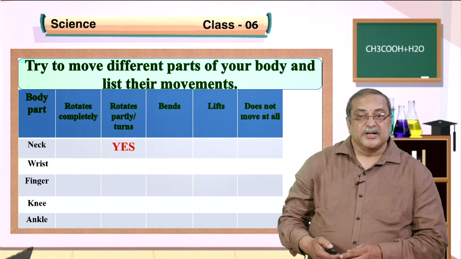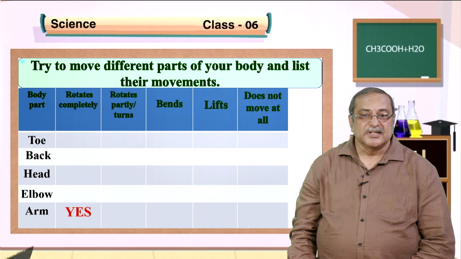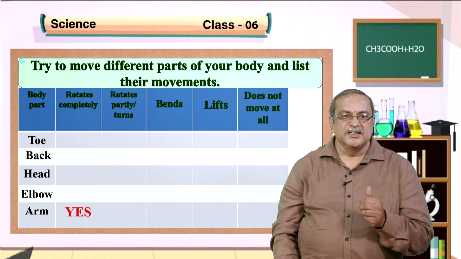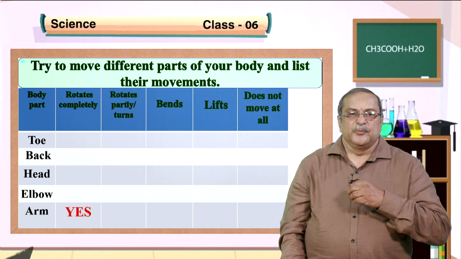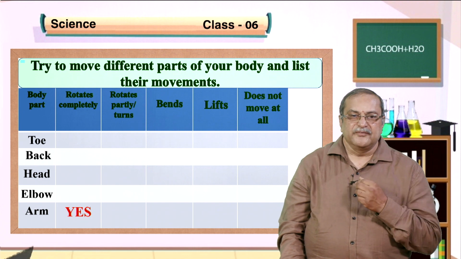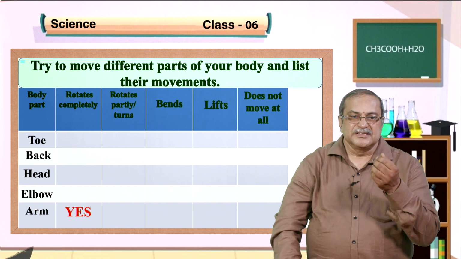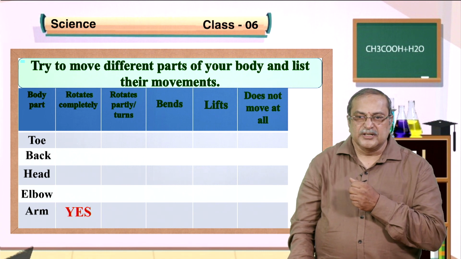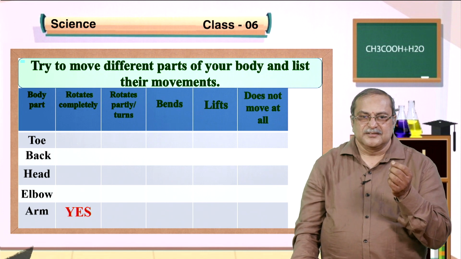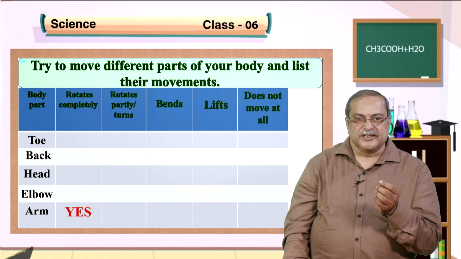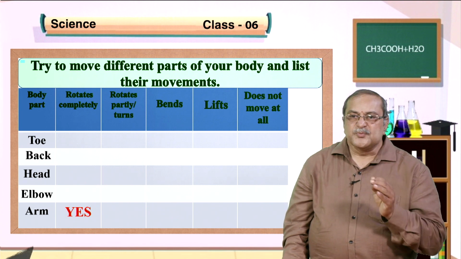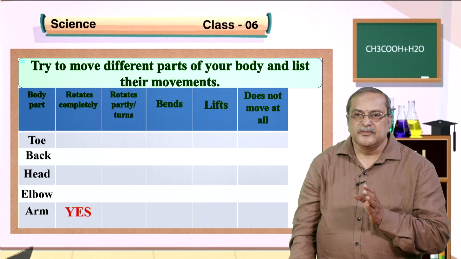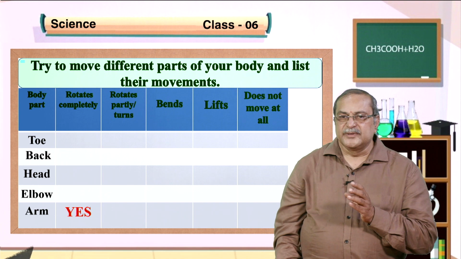Still other parts of the body are there, no? Let us see what we will do. So, these are the other parts. So, the toe, that means in the leg, the last one, the big one is the toe. How is the toe going to be moved? You have seen in the video. So, they can lift, that small girl was lifting and trying to do this, no? They cannot rotate, only very partially she can turn, that is all. So, completely it cannot be rotated, clear, no? So, it rotates partially, you can lift and it can move up and down, that is all. It will bend a little, and completely bending is not possible either.